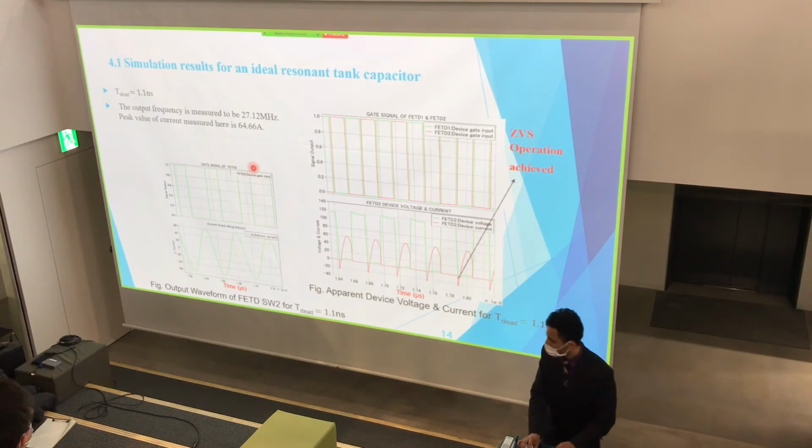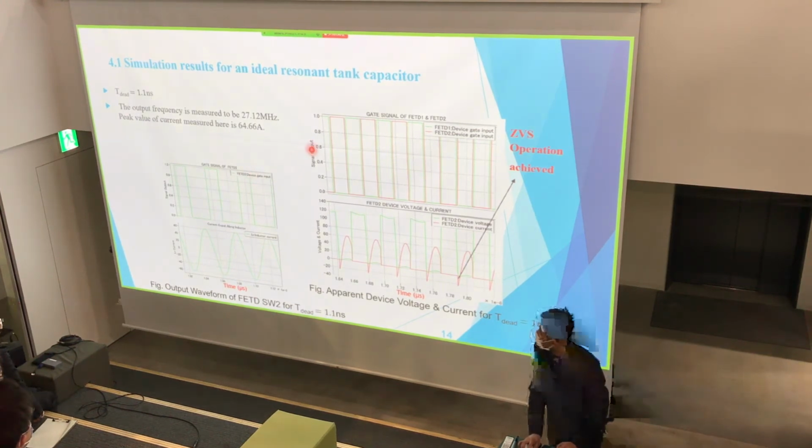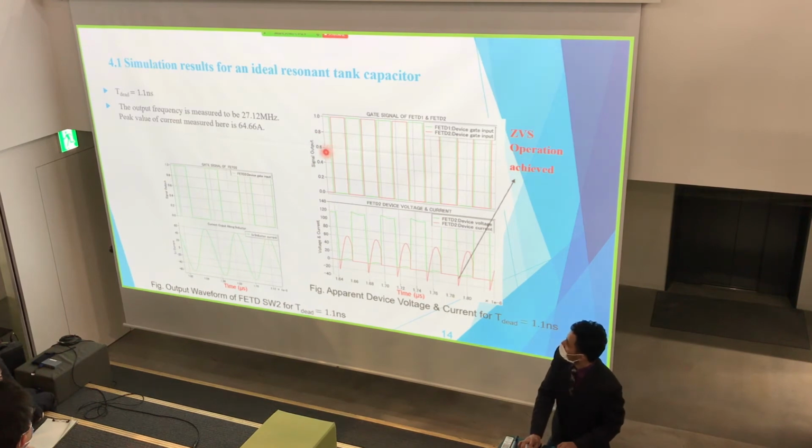In the simulation for an ideal resonant tank capacitor, we have the gate signals 1 and 2, and when 2 is off, we have the switching device voltage, and this is the current in red. So as you can see, ZVS operation is achieved here. Also to notice is the value is negative here